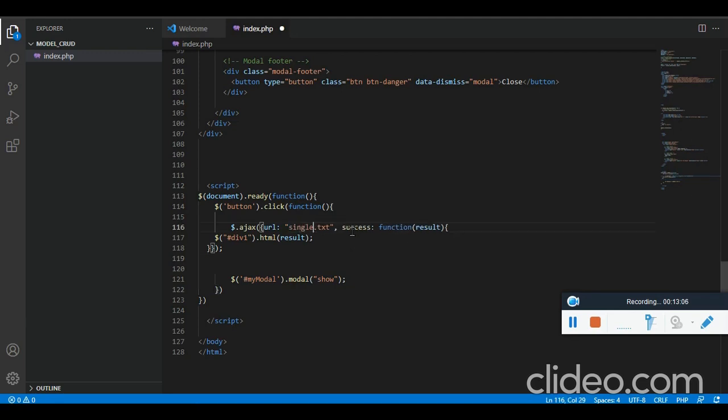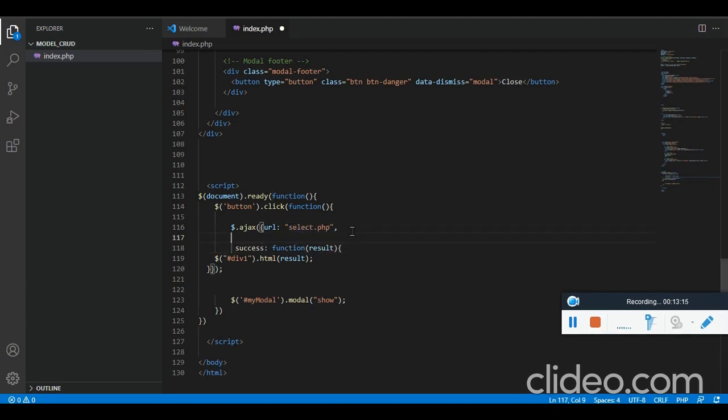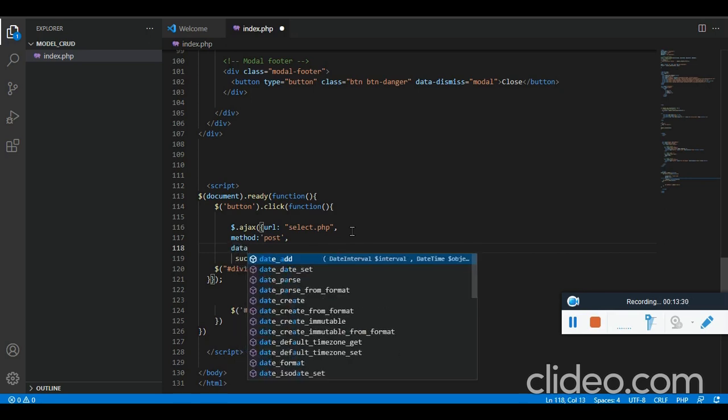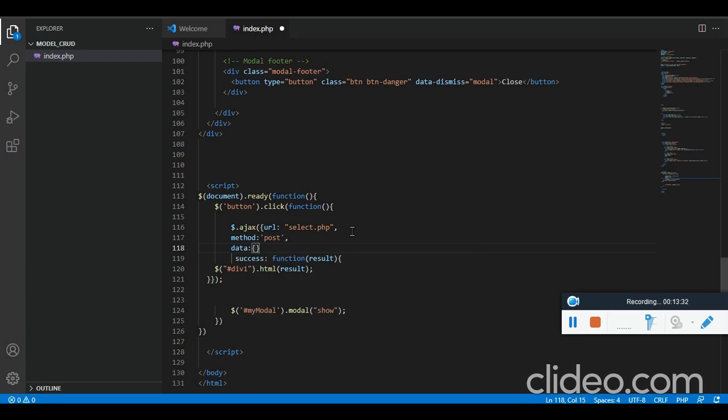So it is single dot php, or let's say select dot php, and the method is going to be post, and then what else is remaining? URL, method, and we need to pass the data in the form of an object.